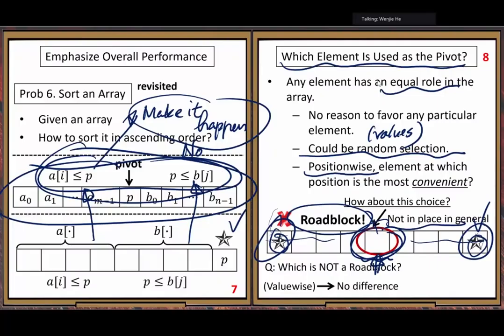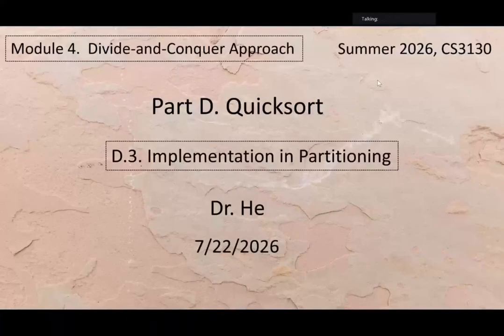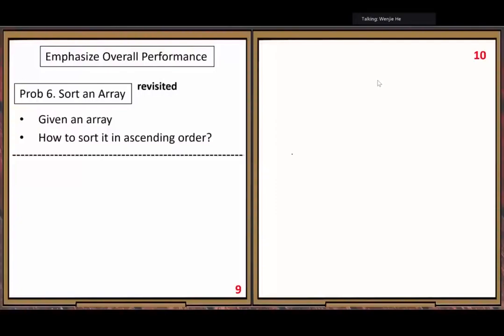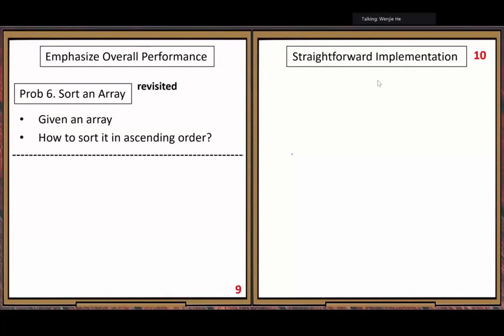Then we need to make this last step happen next. Now let's fix this implementation part in partitioning. Straightforward implementation, that's our first try. After we get a much better understanding, now we are ready for this first round, first try implementation. In the first try, we don't worry about the computing resource.